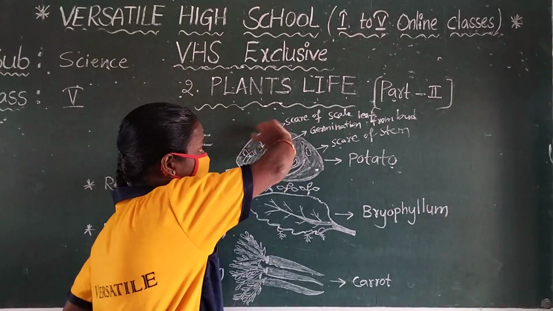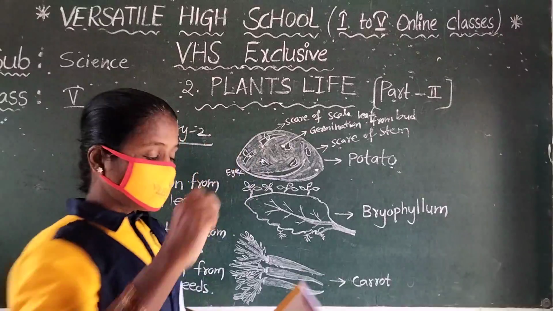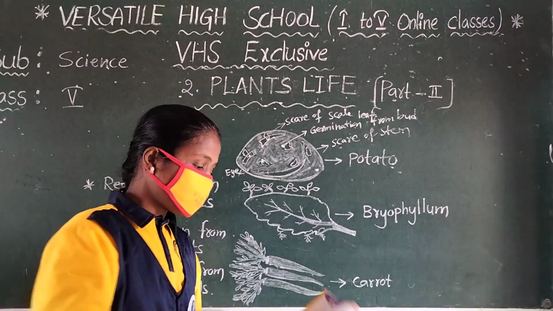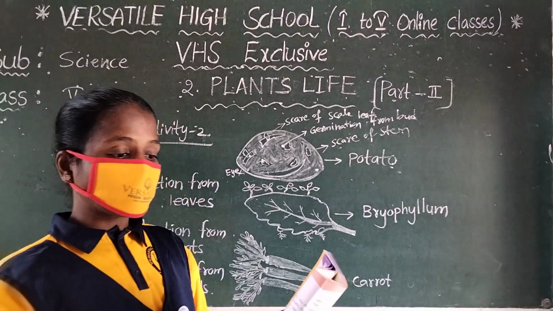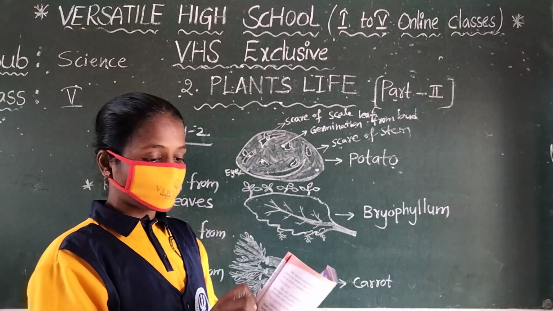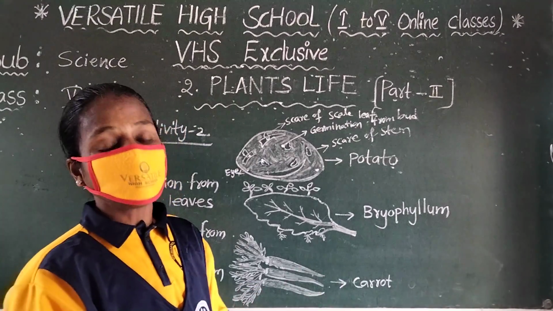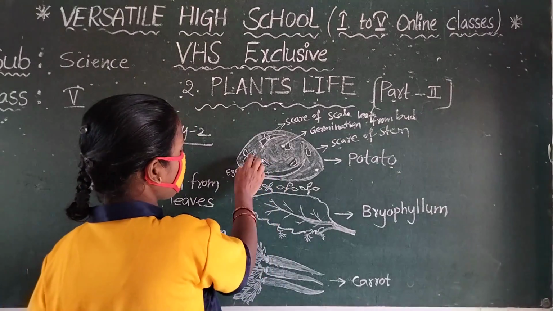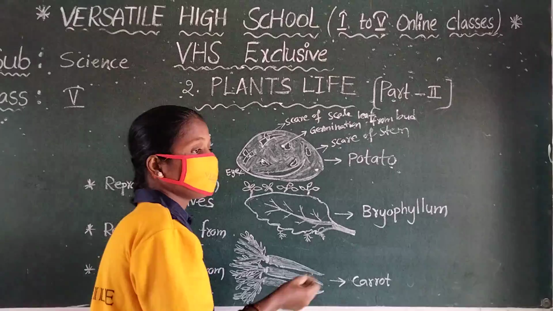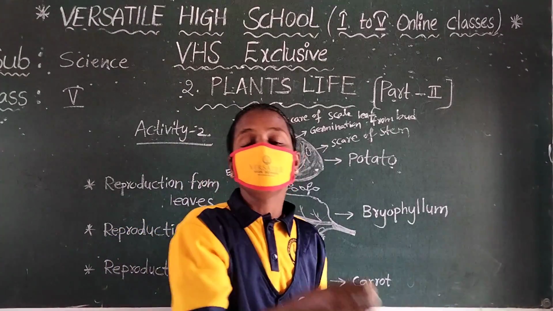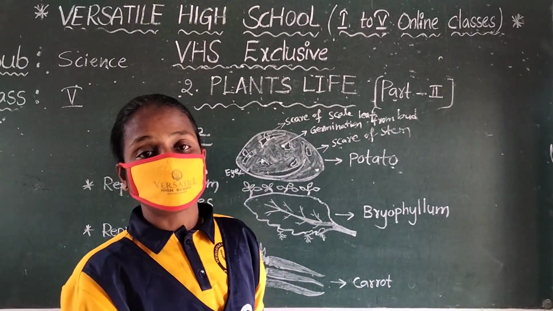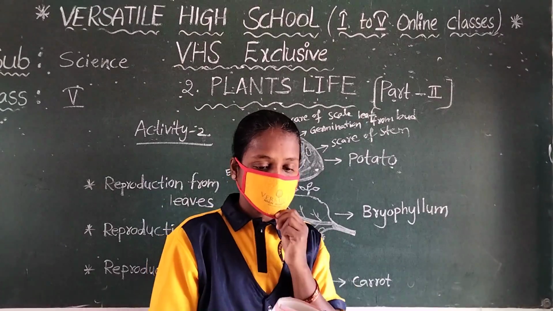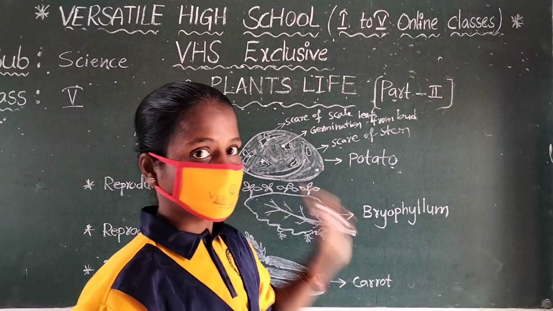That means cut the eye bud, and cut a few pieces from the potato with an eye. Bury them in the soil. Give water to the pieces regularly for a few days and observe their progress. That means you cut small eyes from the potato, put them in the soil, and regularly give them water, and then observe. That is the group 1 instruction.